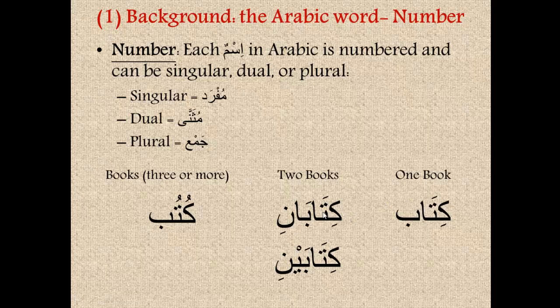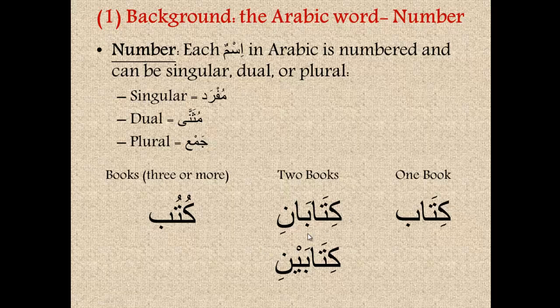The dual version is kitabani or kitabaini. So we're taking the singular form and we're adding ani or aini. Kitabani, which means two books, and kitabaini, which also mean two books. Now, what's the difference between these two words? The difference is that they have different case endings. So they both mean two books, but they have different grammatical values and functions,